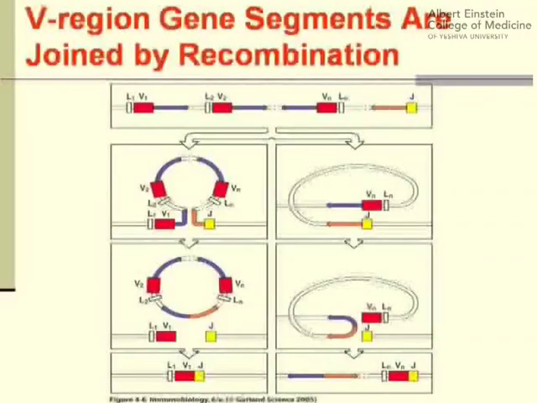Well, how does this happen? How do you get these different V chains to be approximated towards the J chain? This occurs through a process called recombination. If you think in terms of the train analogy, you know that trains are constantly being connected and unconnected and then connected again because they have unique coupling sequences at the end of the train. The same thing occurs at a genetic level. Each one of these variable genes has switch sequences upstream and downstream of it that allows it to readily be coupled and